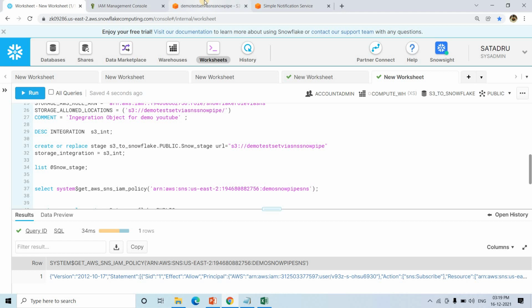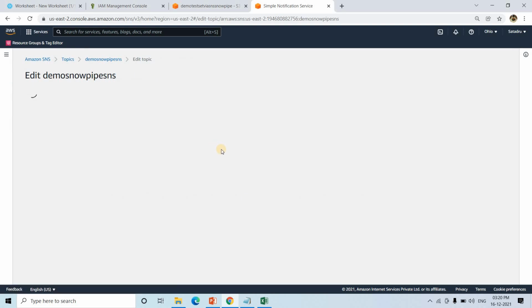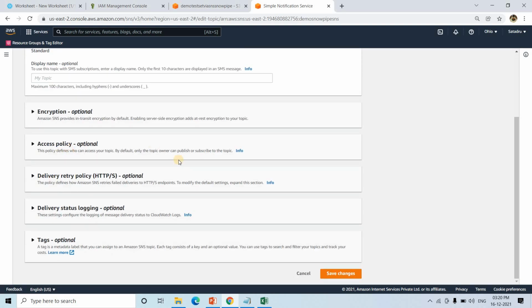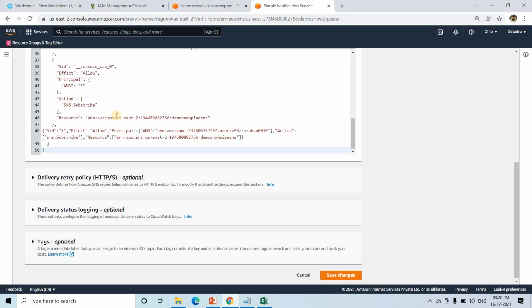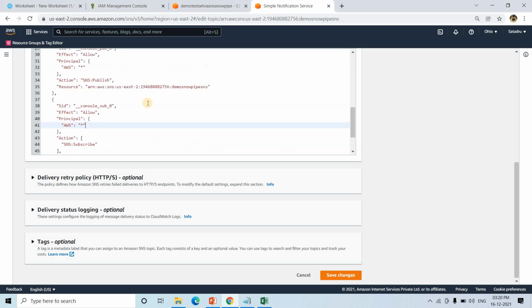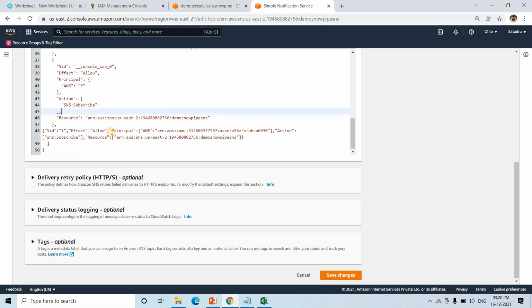I'll go back to my simple notification service. So this is our ARN. I'll edit this, and then go to access policies. I'll delete this and paste that here. The previous access policies, where everyone can publish and everyone can subscribe, I'm keeping as they are, but this particular piece alone we have taken from Snowflake.